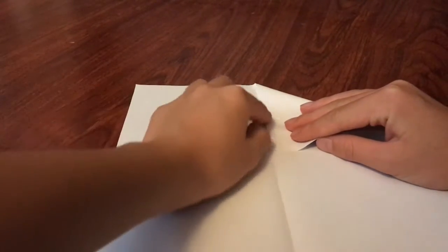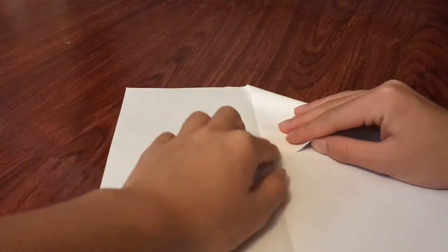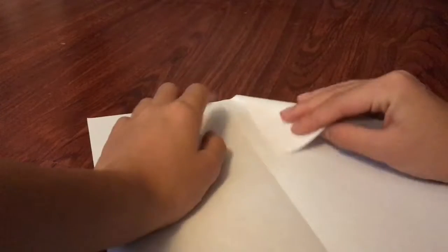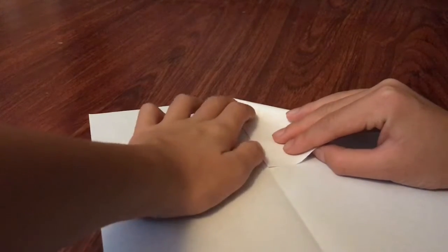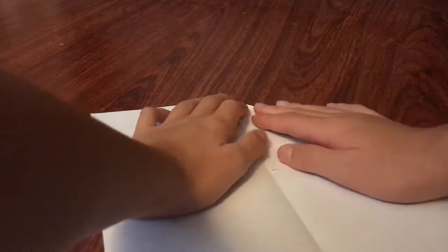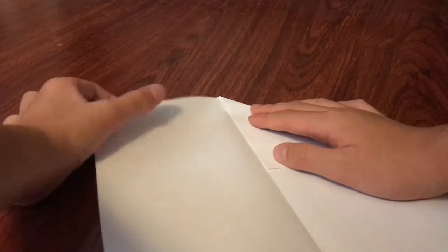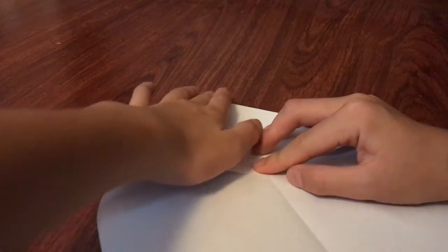And then next thing is, you want to come up here to this corner and fold it. You want this to meet the crease. You want this whole top part to meet the crease, as you can see right here. Now do the same to this one. Now as you can see,